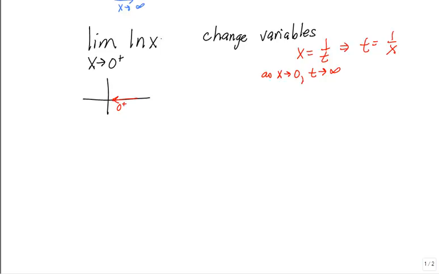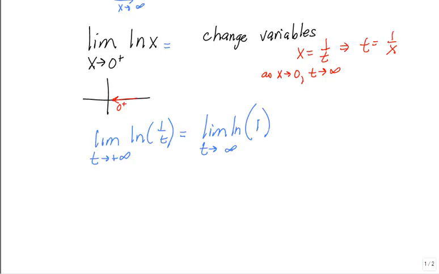So this limit changes to t approaches positive infinity, ln of 1 over t, but we can use the ln rules, and that's going to be the ln of 1 minus the ln of t. Division changes to subtraction. Well, ln of 1 is 0, so this is minus the limit as t goes to infinity of ln of t,